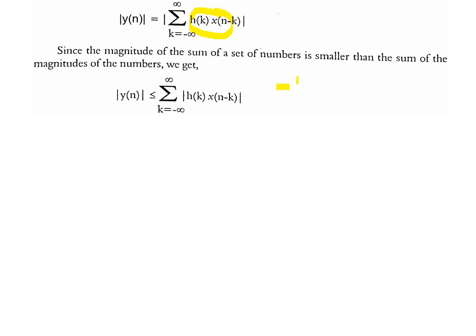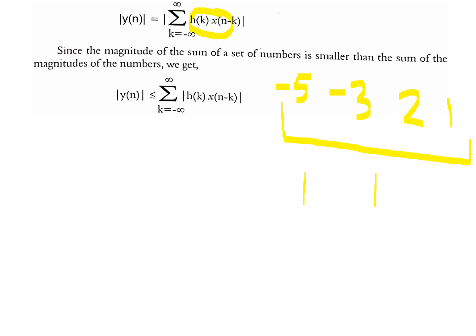Suppose you have the numbers -5, then -3, then 2, +2 and 1. Now just add all these numbers and then take the magnitude. -5 -3 becomes -8, -8 plus 2 becomes -6, -6 plus 1 becomes -5, isn't it? -5. Then take the magnitude.